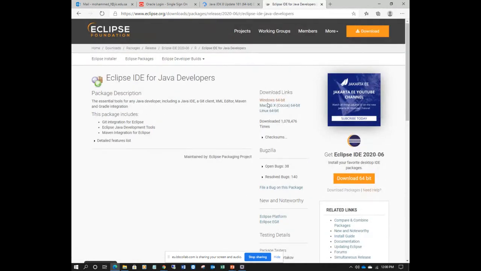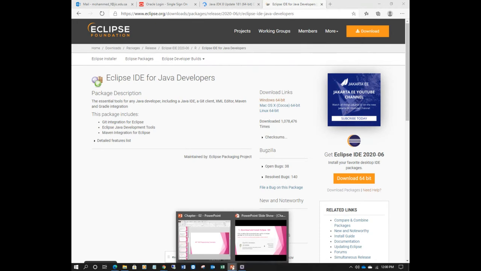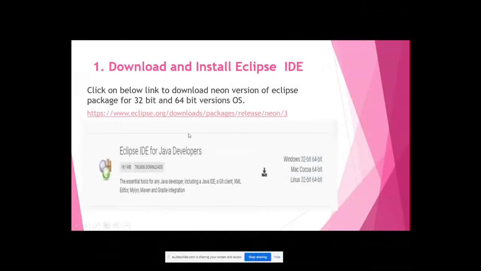Then you have 64-bit. Just click on 64-bit, and this is given here, right? So here this is 64-bit, and 32-bit. Mostly this is Neon. Check for Neon 32-bit also; it is available. Let me show you here.